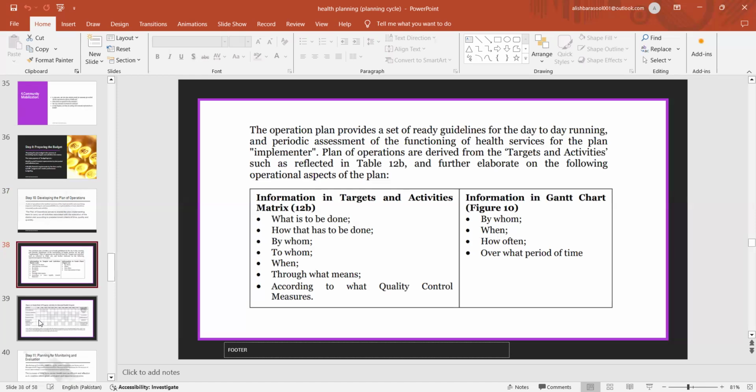The operation plan provides a set of ready guidelines for the day-to-day running and periodic assessment of the functioning of health services for the plan implemented. Plans of operations are derived from the targets and activities such as reflected in the table and further elaborated on the following operational aspects of the plan. Information in the targets and activities matrix: what is to be done, how that has to be done, by whom, when, through what means, according to what quality control, and information in the Gantt chart: by whom, when, how often,